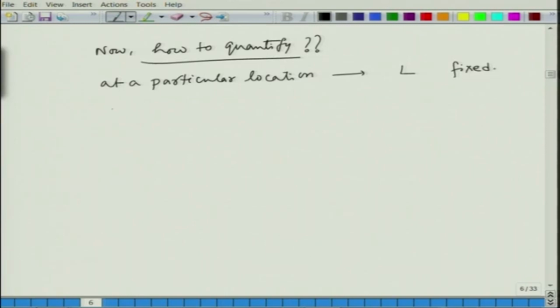Now, at a particular time of a day on a given day,